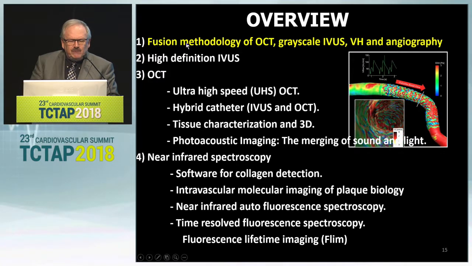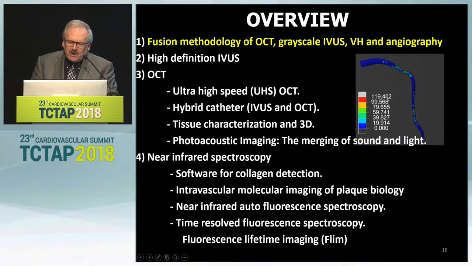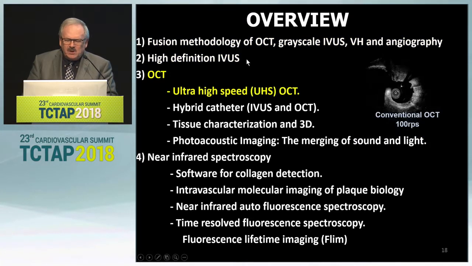imaging. First, we see fusion of methodologies: OCT, grayscale IVUS, and angiography. This is a typical example of an Absorb scaffold with the fusion of OCT and angiography, but we have done the same in 4D for the wall stress. You will get this technique very soon in the lab. Don't forget that in 2025, the computer will have the intelligence of the brain, so we will be able to do that. There are at least six companies